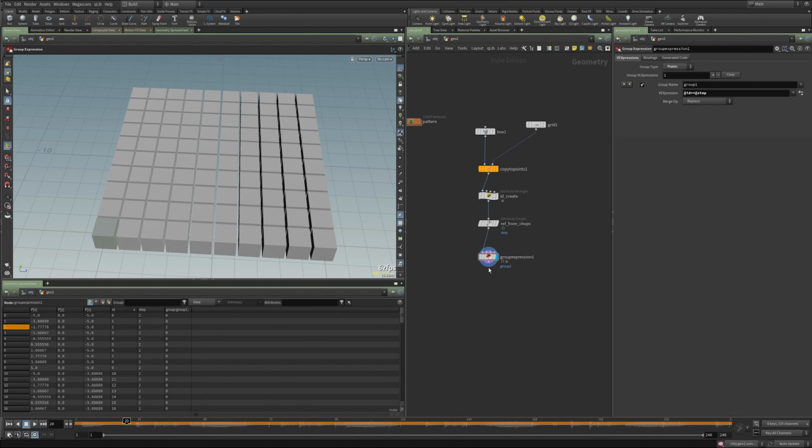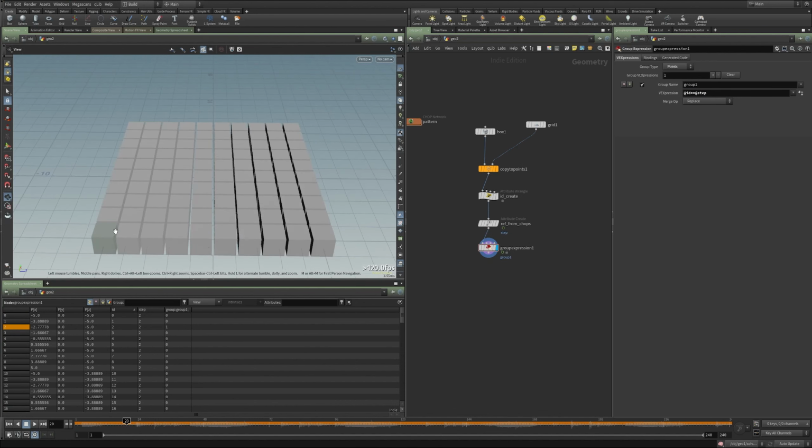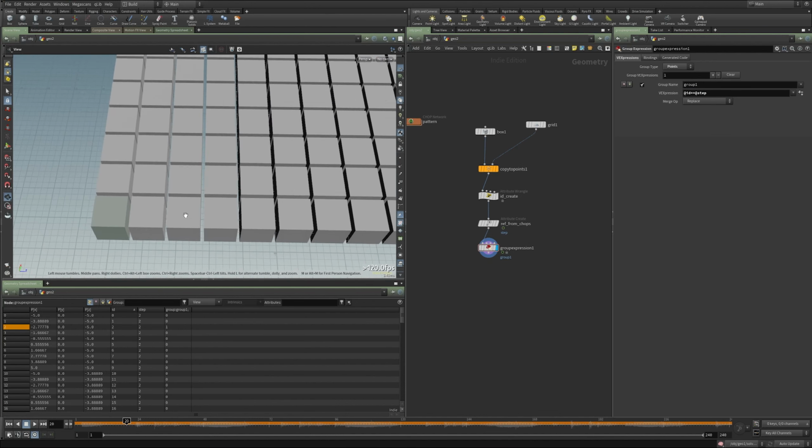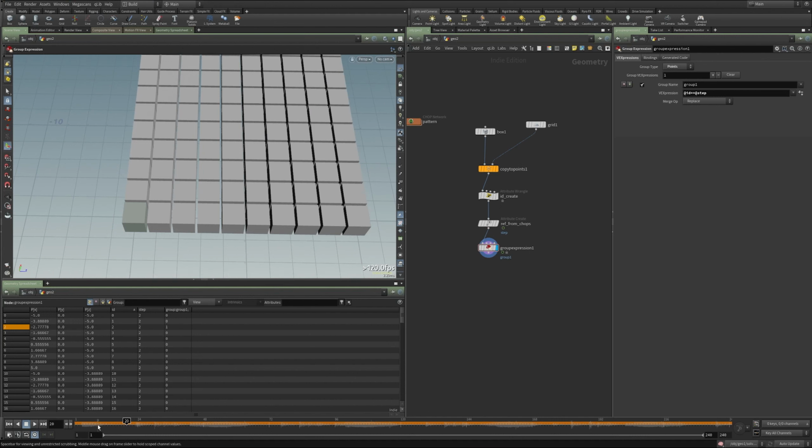And it looks like that didn't, this actually did work. Our viewport seems to be kind of stuck, because what should be happening is this cube should be traveling across here as I scrub my timeline. And the way I know this is working is if I look down here in my geometry spreadsheet, right now this group, my group 1, it says that there's one point in that group and it's right here. And as I'm moving my timeline, that's changing. So I know that this is working.